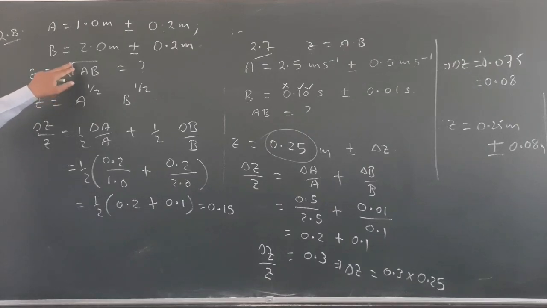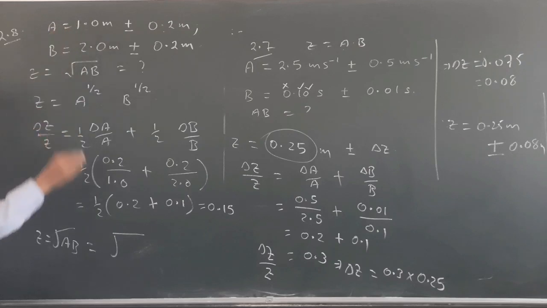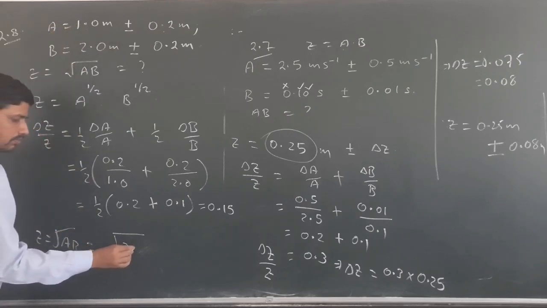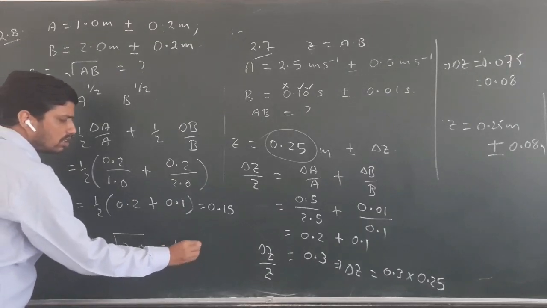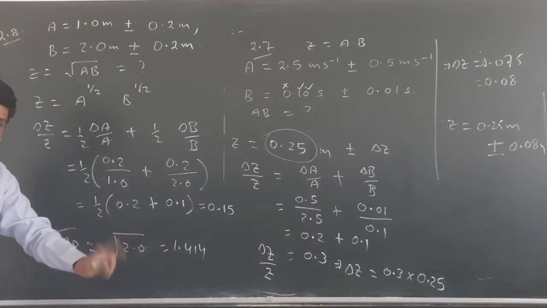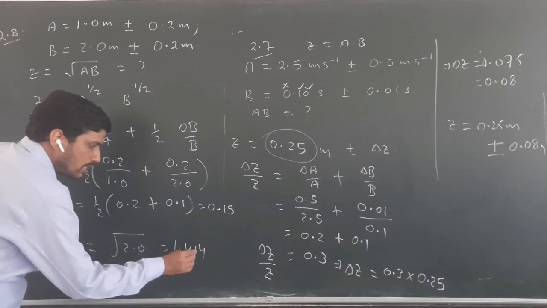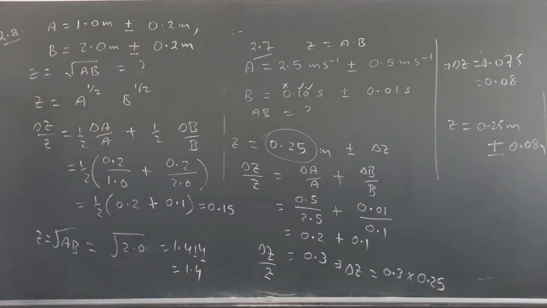Now when you calculate root AB, what is the value of root AB? The true value will be root under A into B. A into B is 2 into 1, that is 2. Root 2, you know, it's 1.414, correct to 3 places of decimal. Now how many significant digits are there? 2. Here 2. So in your result also you should have only 2 significant digits. So we will omit this 1 and this 4. So this will approximate to 1.4. So together with error,